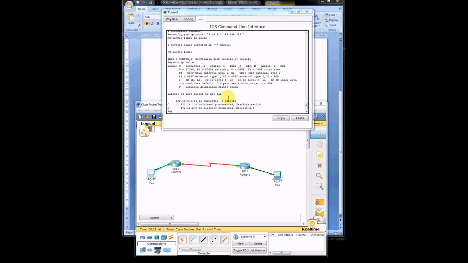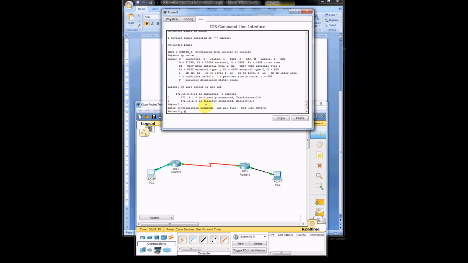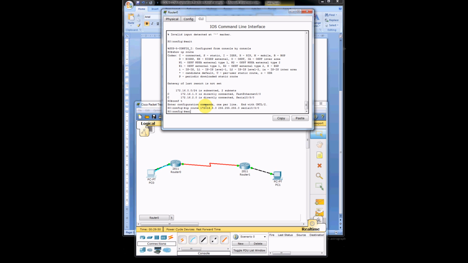Our next step is to configure routing information on OR0 to identify the network which is currently missing from a routing table. So we will enter configuration mode, and we will set the IP route to 172.16.3, which is the network we're looking to add into the routing table. And we will set the net mask. We will set the interface that this should use, and we can then have a look at our routing table